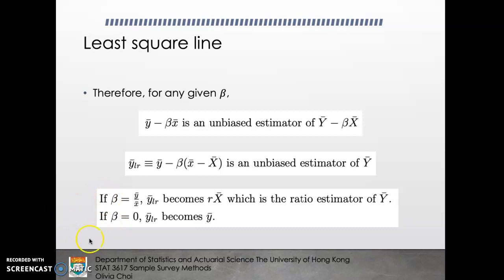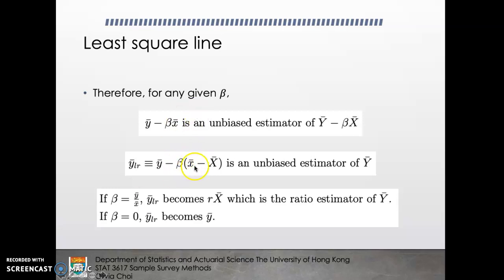In this case, this little y bar is an unbiased estimator for the capital Y bar. We can make use of this to estimate the population mean. If we look at the nature of this estimator, if beta, the slope of the least squares line, happens to equal the ratio of y bar to x bar,